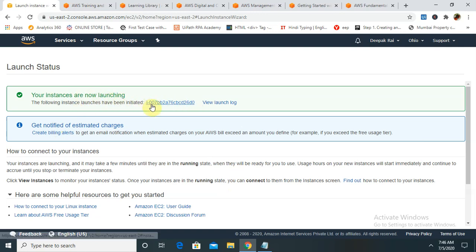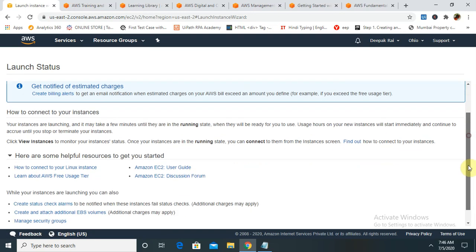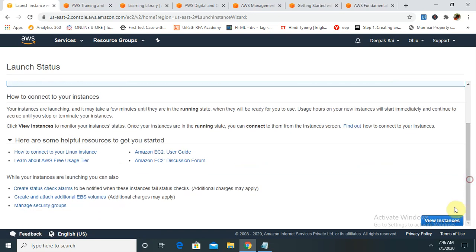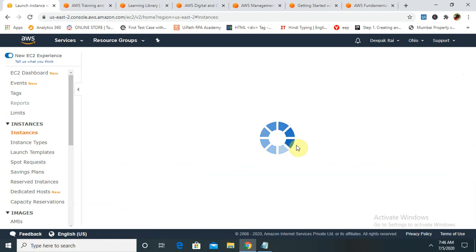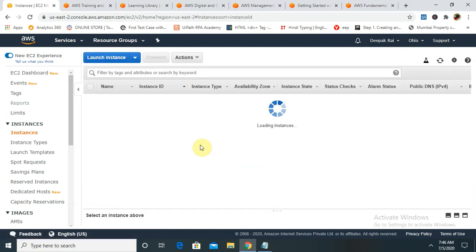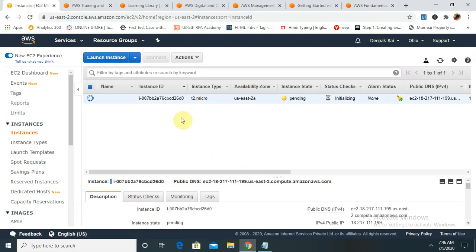And this is your initiation ID. If you want to have a look at your log, you are able to see that, and just click on view instance. You are able to see your instance available here. Now it's creating. Let's wait for some time, and the status is showing pending.